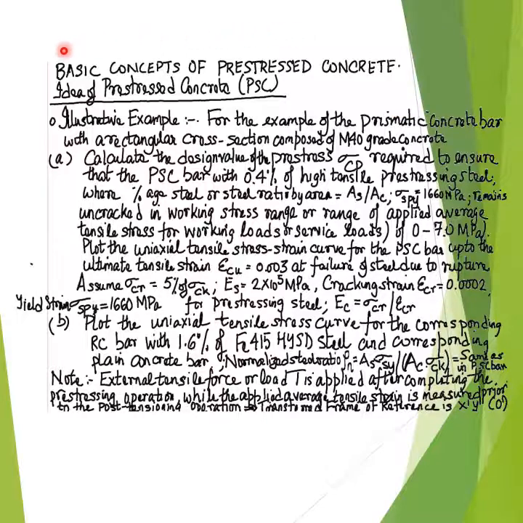As mentioned earlier, the most effective and efficient approach for illustrating the detailed guidelines for the solution of question number 1 of assignment number 1 presented in the previous slide is to solve an illustrative example of an identical pre-stressed concrete bar that is prismatic with a rectangular cross-section composed of M40 grade concrete,